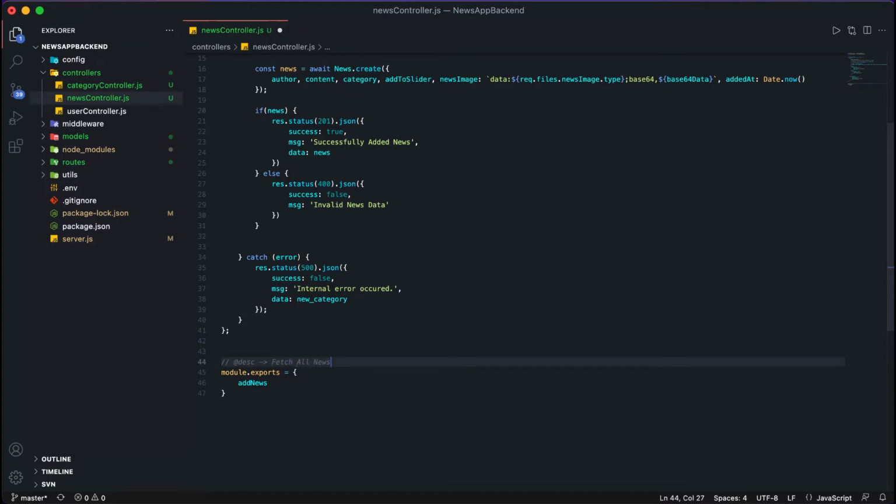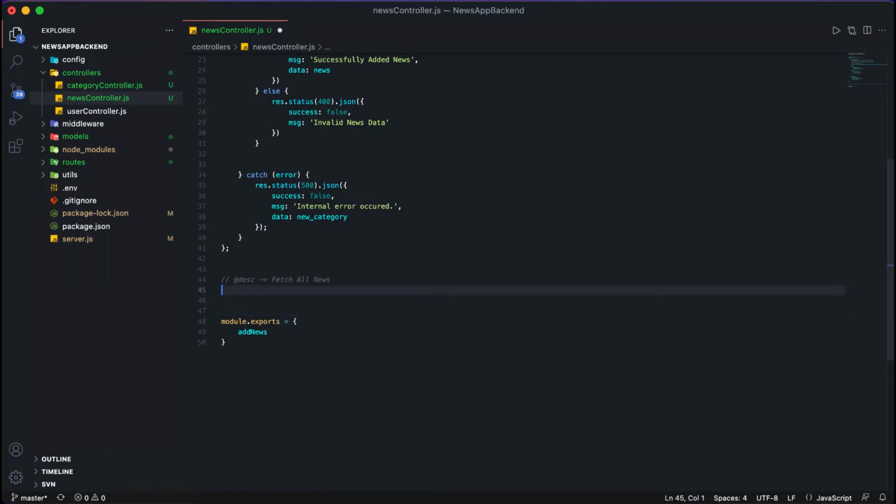all news. Okay, so in this controller, means in this endpoint, we'll do a lot of things. We'll do pagination, we'll sort the data, and we'll populate. Okay, populate means by getting the ID, we'll populate everything. In case of category, we are storing the ID, but we'll respond back in this API with the category name and category ID. Okay, everything means that all details of what that ID is referring to will be there with that ID, and we'll sort, as I said, according to the date added, and we'll sort also by ID. So okay, let's get started.